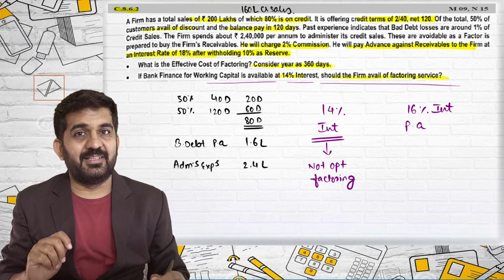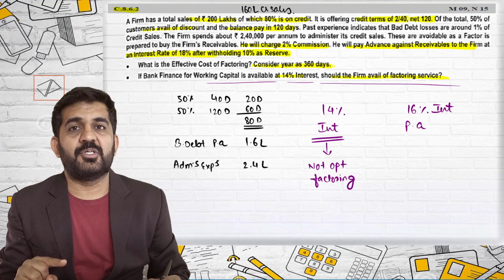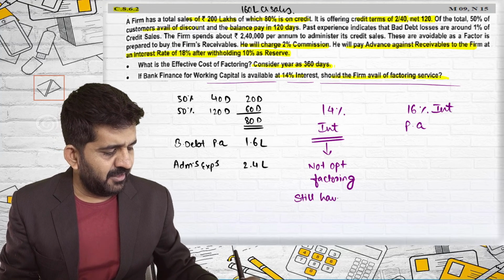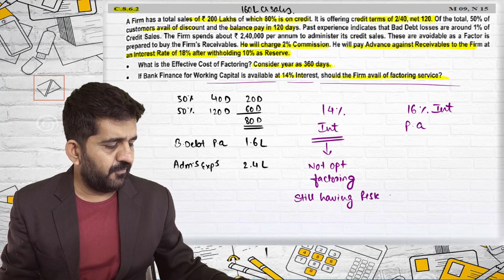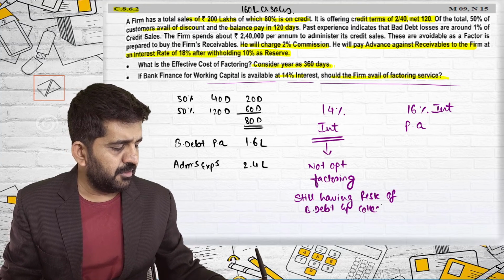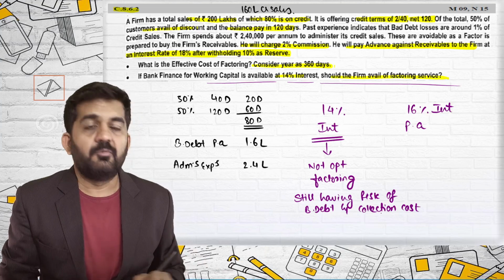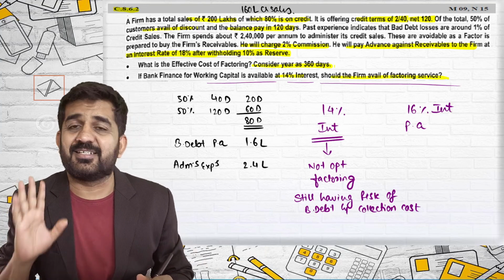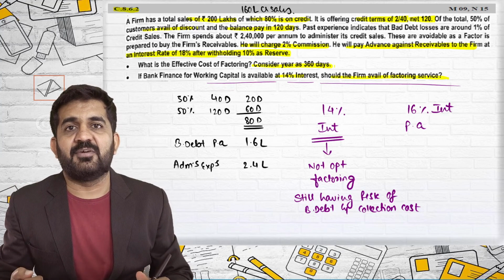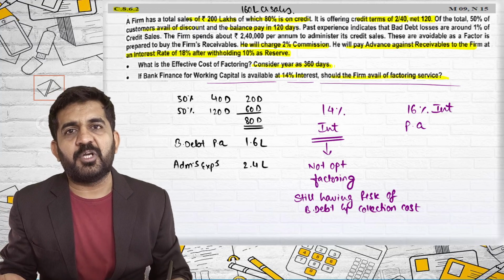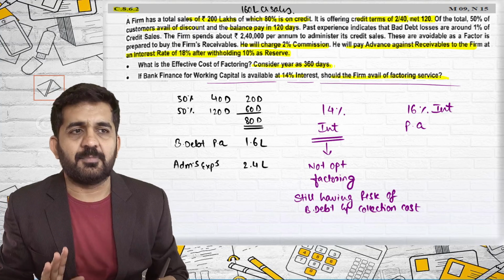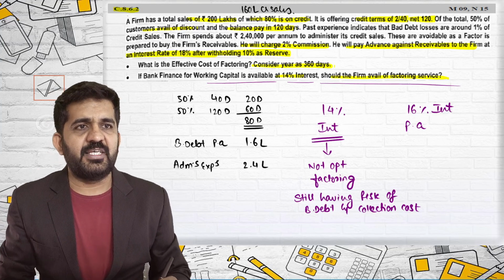But please understand, in that case, you still have a risk of bad debt and collection costs, which will be administrative cost. All right. So we will be just telling them that if finance is available at 14% and the factoring finance is available at 16%, you should go for 14%. But remember, now you will have to collect your own debtors. So you will incur administration as well as bad debt charges. This will be the answer of C 8.6.2.